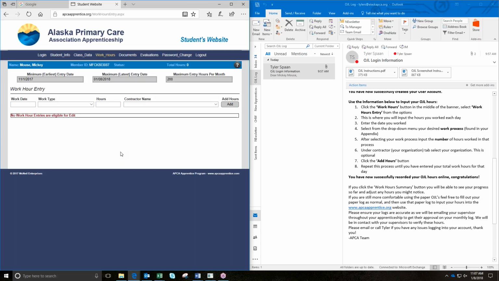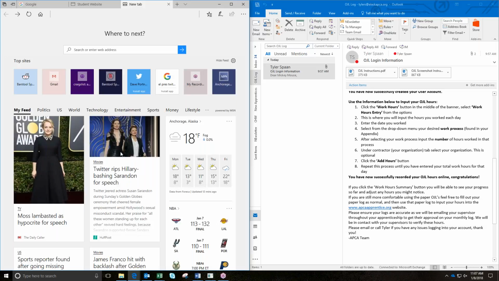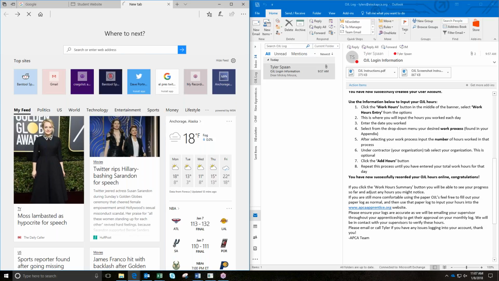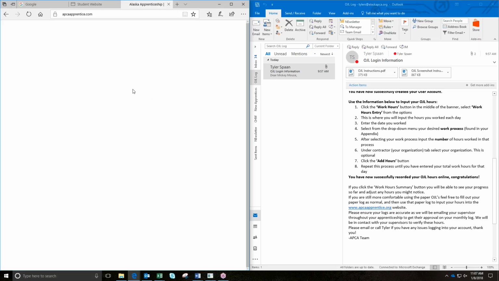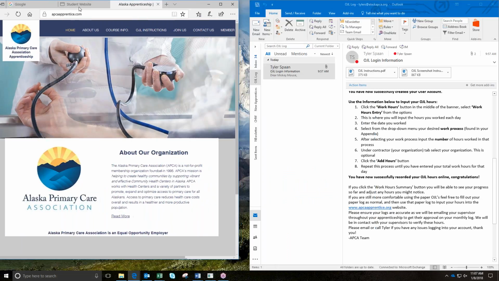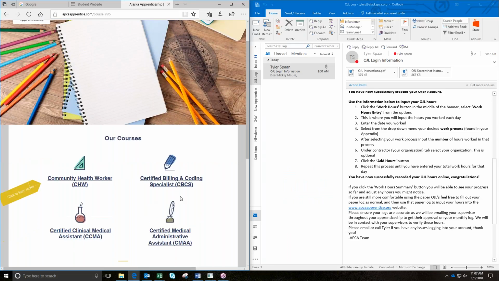So what Mickey Mouse can do, if he says, oh, I forgot what exactly my work types are, is go to our main website, which is APCA apprentice.com, and then under course info, as a coder and biller,